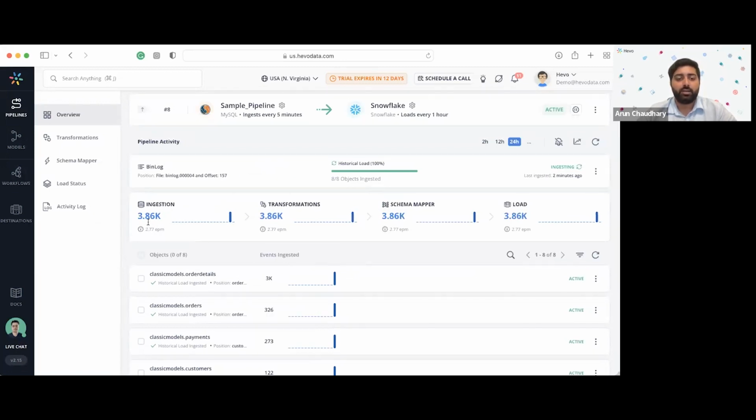Now, this particular pane shows what is the data flow when your data lands into Hevo. So there are 4 stages. First is the ingestion stage, transformation stage, schema mapper stage, and then the load stage. So as soon as your data is ingested in Hevo, it is shown here,